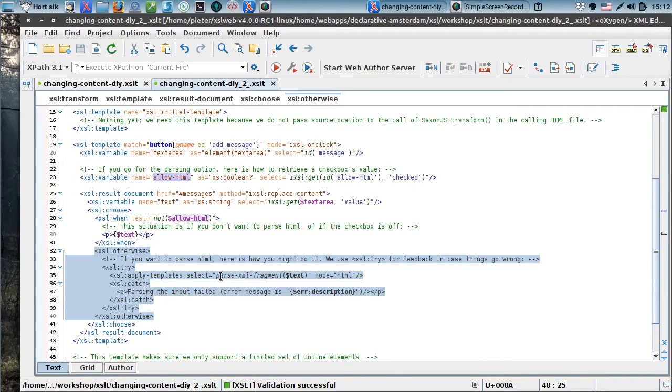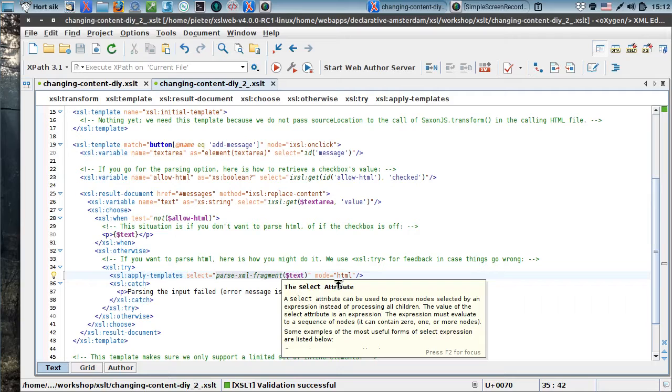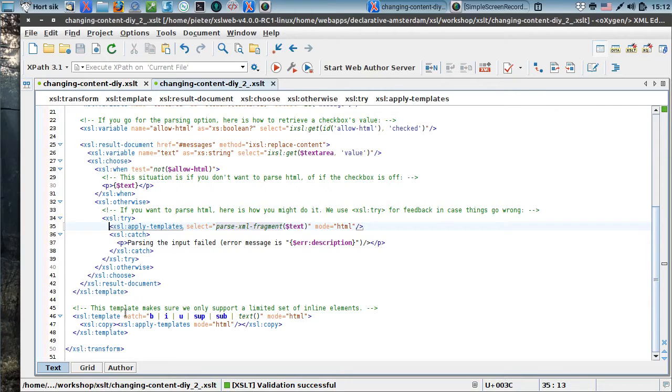In order to deal with the markup, we use parse XML fragment in mode HTML and feed that to apply templates. Apply templates will get to this template in mode HTML and recognize these elements, and it will recognize the text. It will then copy them and apply templates again in the same mode, so that we can also have nested